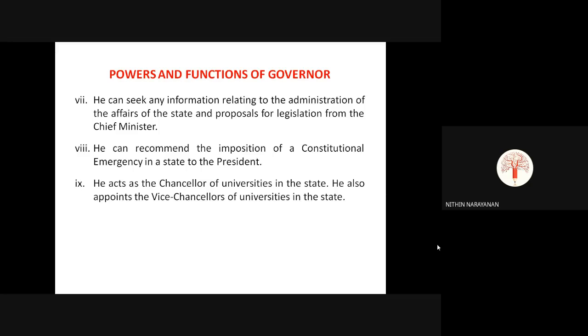Then one more is that he acts as the chancellor of universities in the state. നമുക്കറിയാം എല്ലാ യൂണിവേഴ്സിറ്റീസിൻ്റെയും ചാൻസലർ ആരായിരിക്കും? ഡിഫോൾട്ട് ആയിട്ട് ഇത് ഗവർണർ ഓഫ് സ്റ്റേറ്റ് ആയിരിക്കും. സോ ഒരു യൂണിവേഴ്സിറ്റിയെ സംബന്ധിച്ച് അതിൻ്റെ ഹയസ്റ്റ് പവർ ചാൻസലർ. ബട്ട് എല്ലാ യൂണിവേഴ്സിറ്റിക്കും വൈസ് ചാൻസലേഴ്സ് ഉണ്ട് ഡിഫറെൻറ്റ്, ബട്ട് ചാൻസലർ വിൽ ബി ദ ഗവർണർ. Vice chancellors of the universities in the state. So these are the different executive powers. അപ്പോൾ അതിൽ ഇമ്പോർട്ടൻ്റ് ആയ കുറച്ച് ഫങ്ഷൻസ് ഓർ പവേഴ്സ് അത് നമ്മൾ ബൈ ഹാർട്ട് ചെയ്ത് വെക്കുക, അല്ലെങ്കിൽ അത് മനസ്സിലാക്കി വെക്കുക.